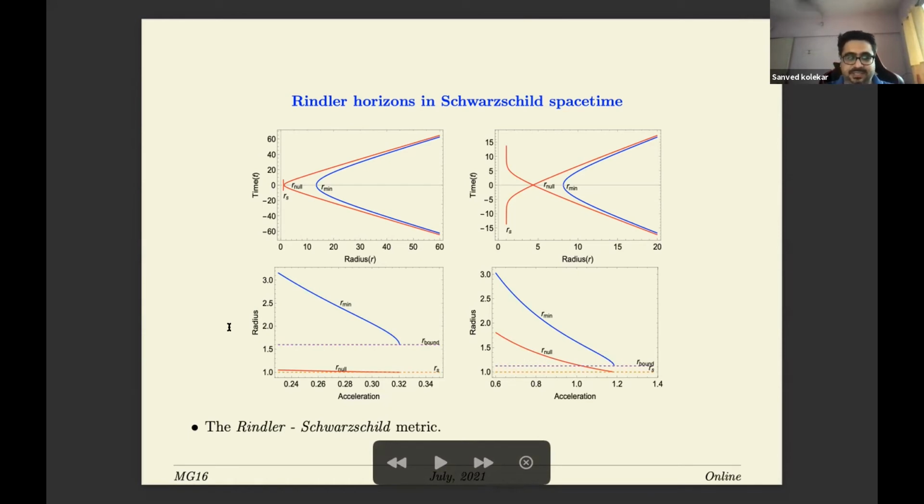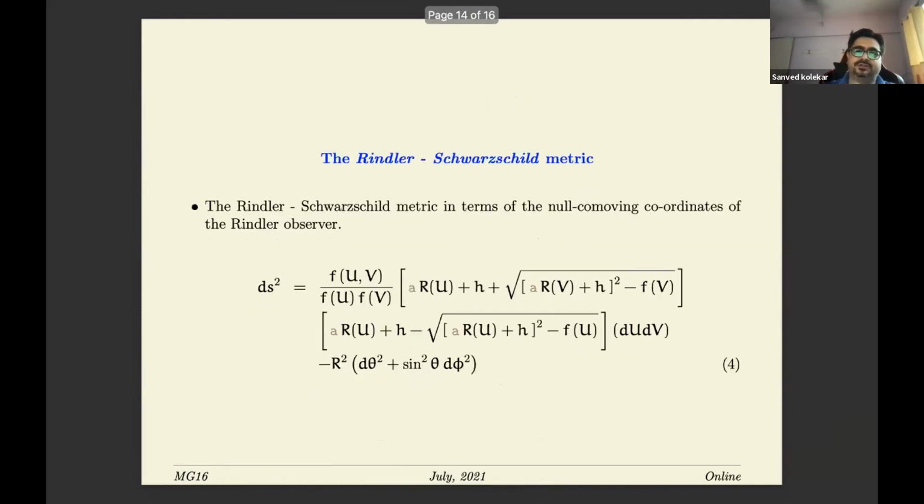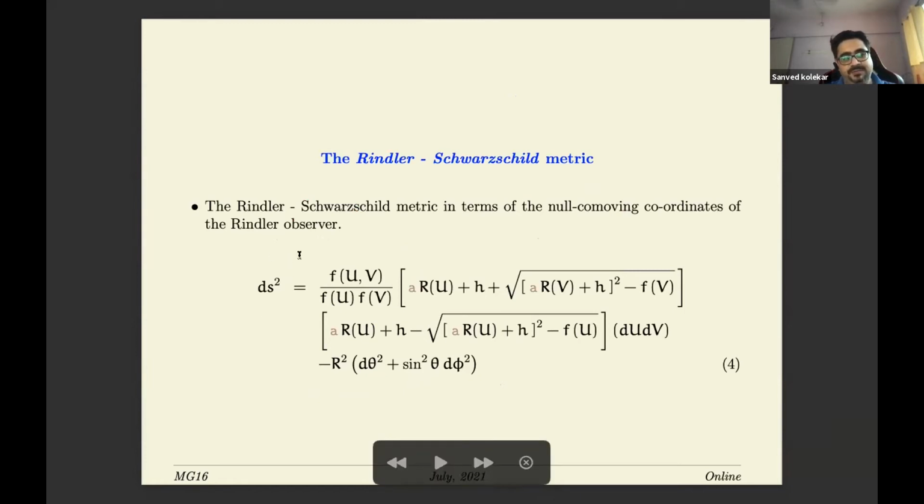Now, based on this construction, one could ask what the co-moving coordinates are, or whether one can write down the metric in the co-moving coordinates of these new Rindler observers. I have shown here one particular form, in the conformal form in terms of T and R. I have written the metric in terms of the null co-moving coordinates, in the conformal form only in the TR plane. The angular part of the metric just hangs around additionally. So now you can see that you have this time dependence also.